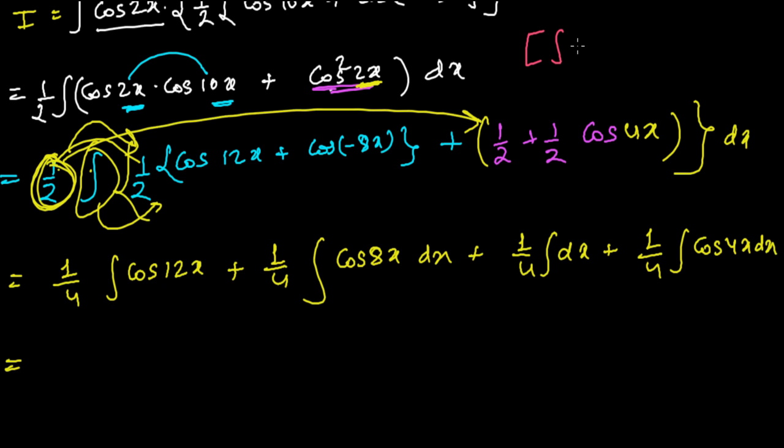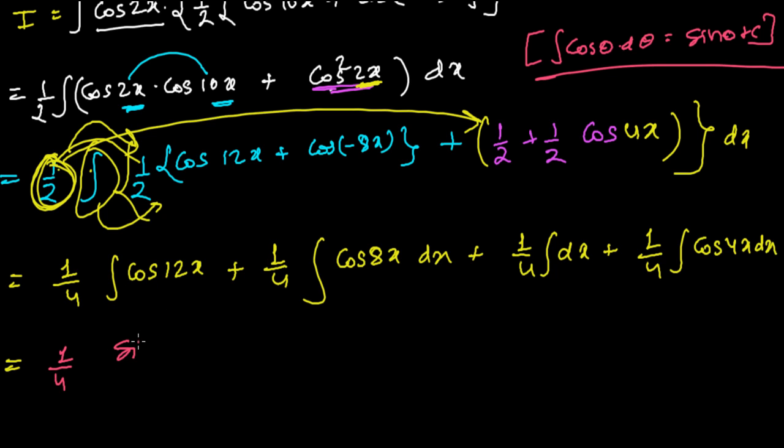Okay, so let's go for the integration. And you know, my friend, integration of cosine of theta with respect to theta is sine theta plus constant. So this formula, this standard formula of integration for the trigonometric ratio cos theta, I'm going to use. So it's now 1 by 4 as it is, and integration of cos 12x is sine 12x. And oh my god, I forgot dx here. Alright, so see,